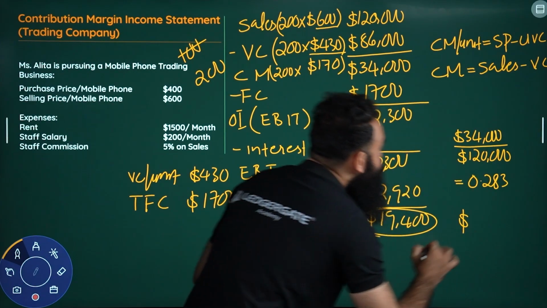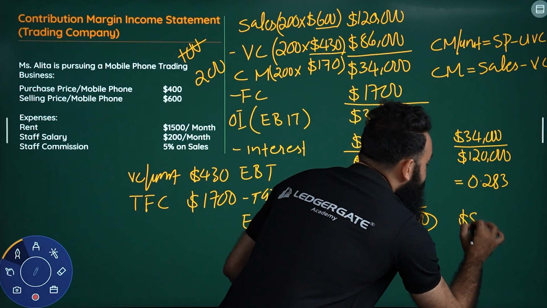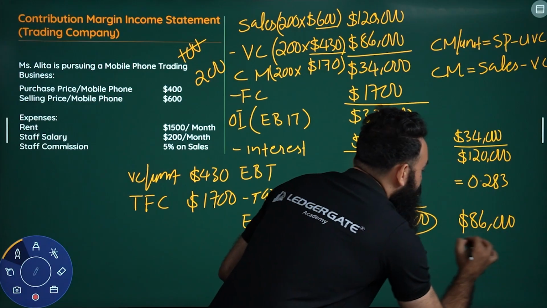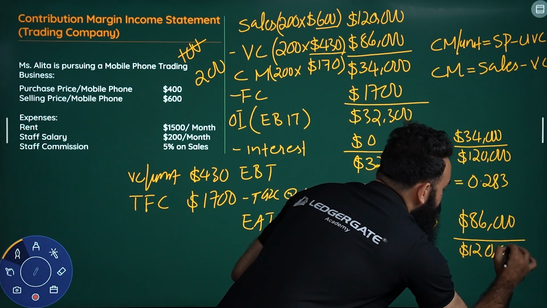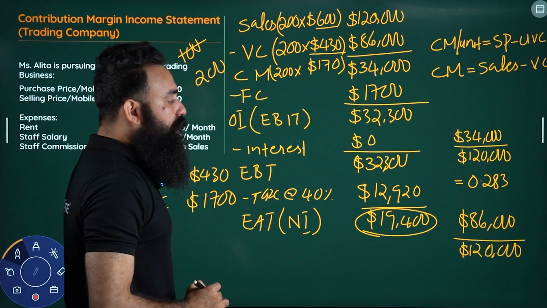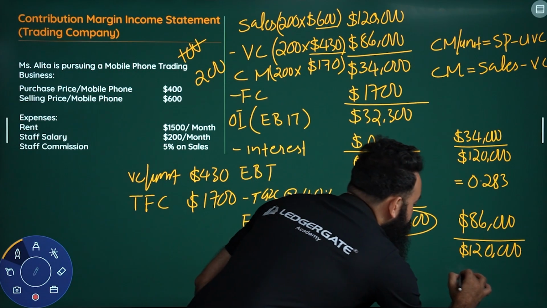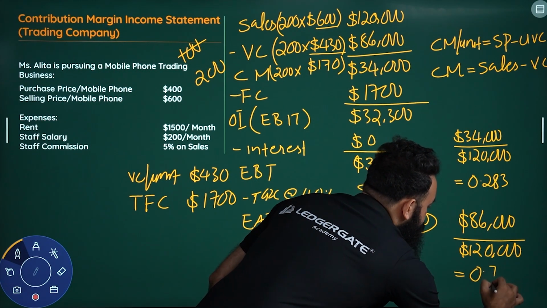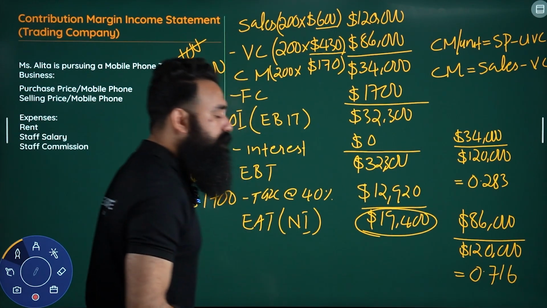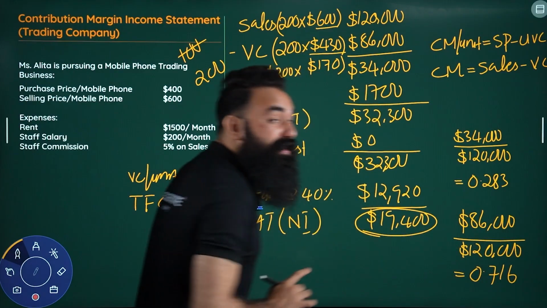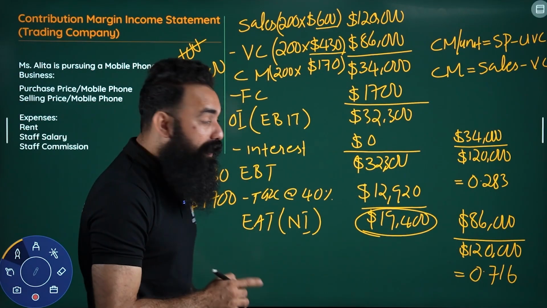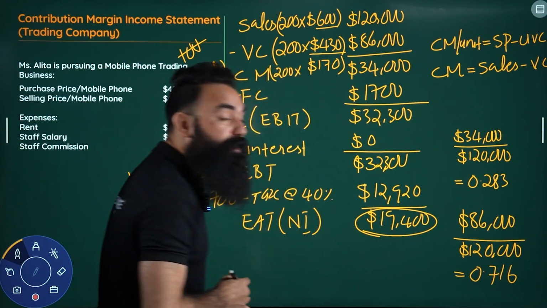That one is also very simple. 86,000 divided by 120,000. How much would it be? Let's say 71.6 almost. That means 0.716 in terms of fraction, but the percentage would be